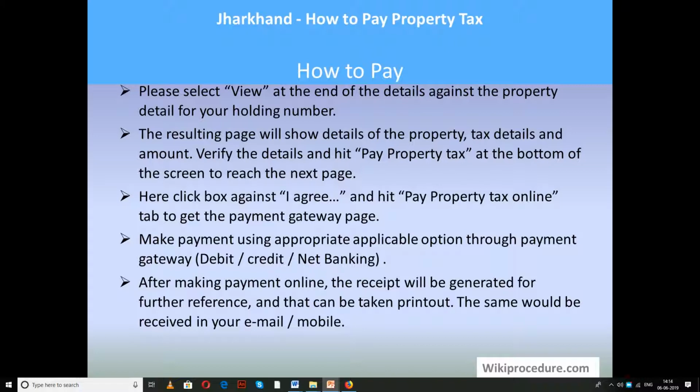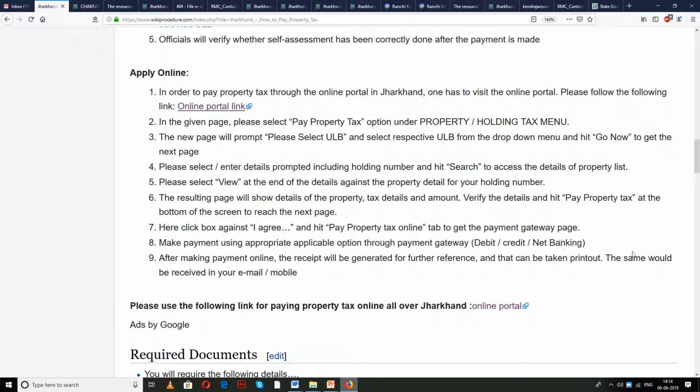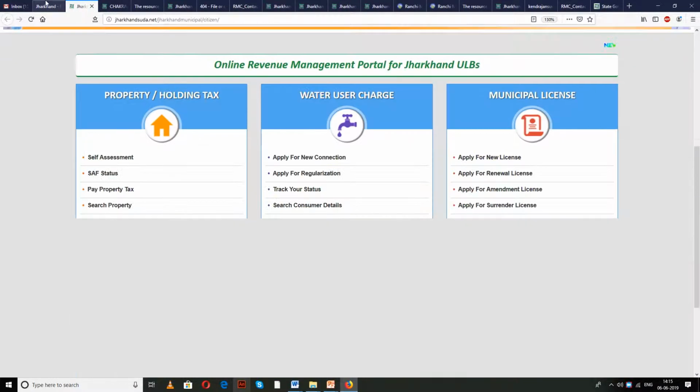Payment gateway page is to select the payment mode, whether it is debit card, credit card or net banking. Once you select the appropriate payment gateway option, you will get a new page to enter and fill the details as appropriate to make the payment. Once everything is completed, once the online payment is made, you will get an acknowledgement for the transaction you have just done. Keep it safe to show that you have paid the property tax online for the assessment period. And throughout Jharkhand, you can use the online portal to pay the property tax for the different places. So this is the page, and after that,